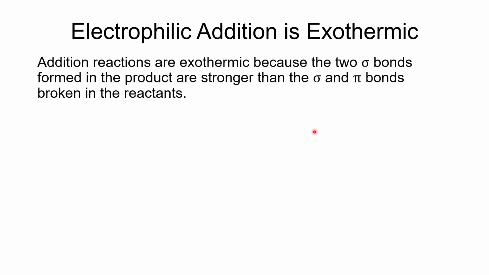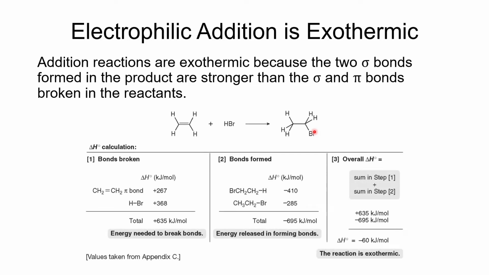Now, a note about the energy of these reactions. All electrophilic addition reactions have to be exothermic. Let me explain why they're exothermic and also explain why they have to be exothermic. They just don't work if they are not exothermic. So let's look at the energy of the bonds that are broken and the energy of the bonds that are formed. In this simple reaction between ethylene and HBr, we estimated earlier in this chapter that the carbon-carbon pi bond